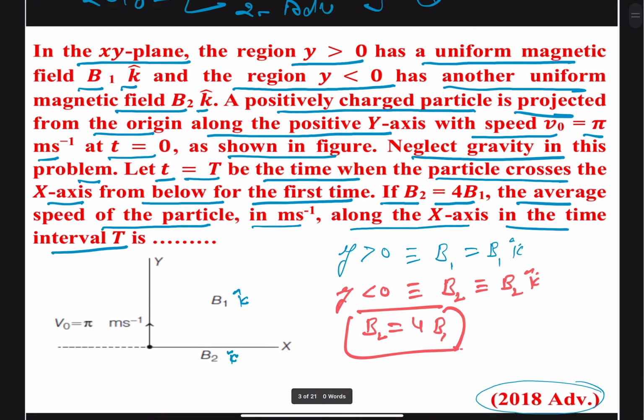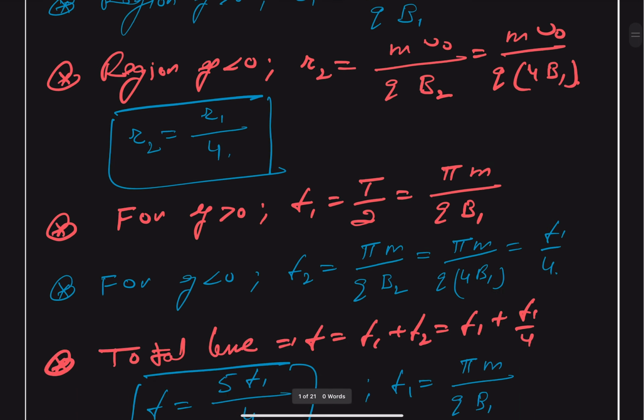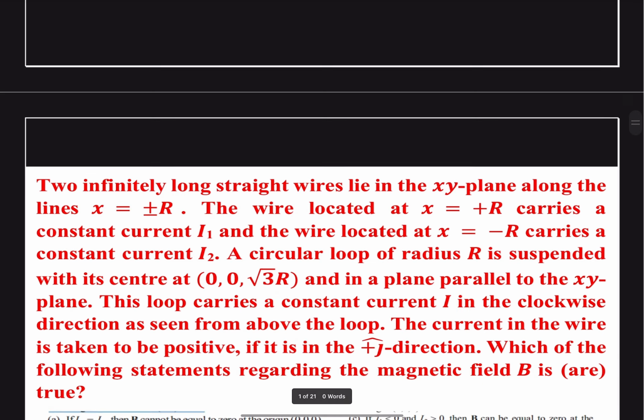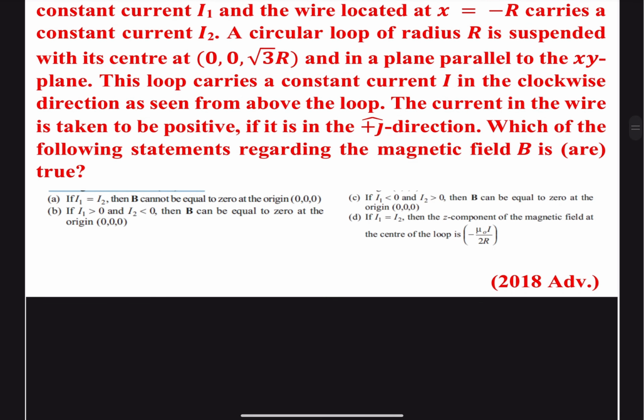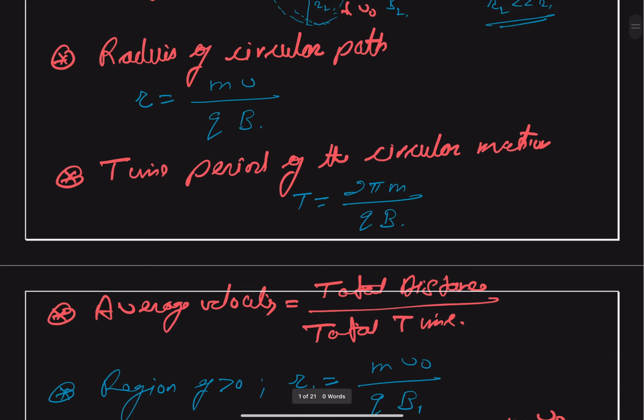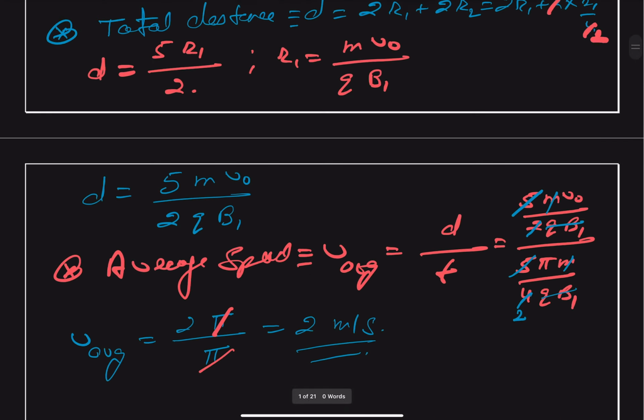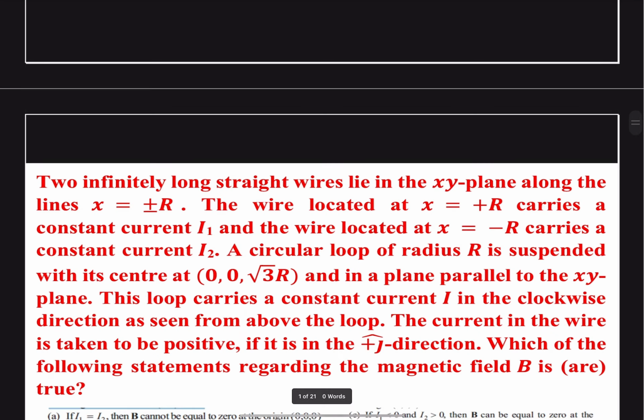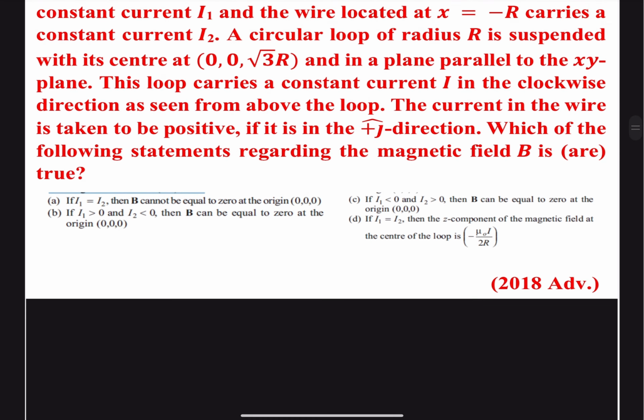Now we come to the next question. What was it? Okay, it was integer type. So next question, it was asked in 2018 Advanced. So the next question is also from the 2018 Advanced question,